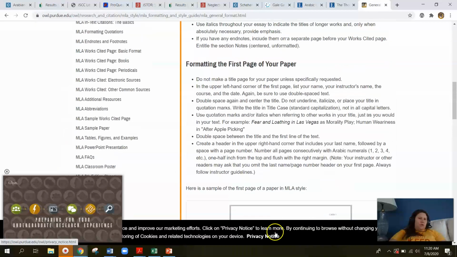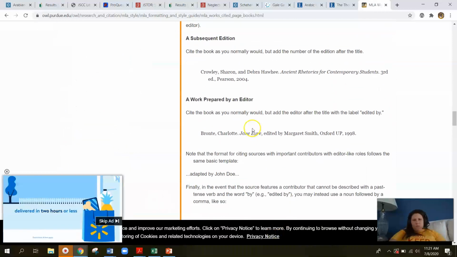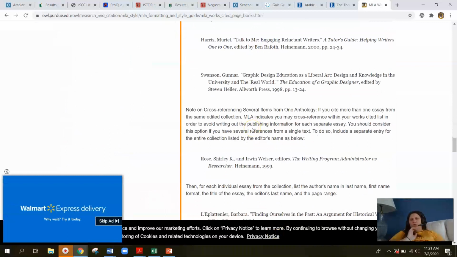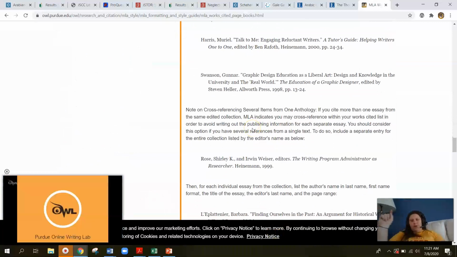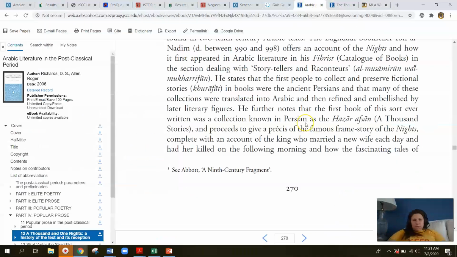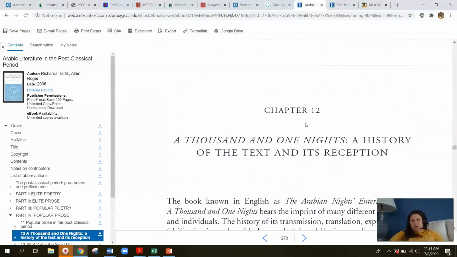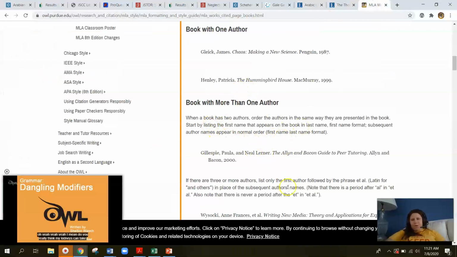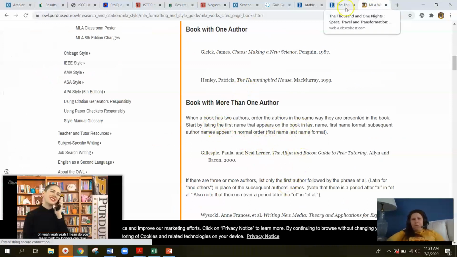And over here it breaks it out. I think it actually has chapter inside of a book. Now you do the chapter inside the book if there is a different author than the editor. You cite that differently. It looks like that is not the case here, so you wouldn't need to do a separate one. There are 2 authors for this one, so you would do this one. There you go. Book with 1 or more authors. Then that's how you would cite it on your citation page.